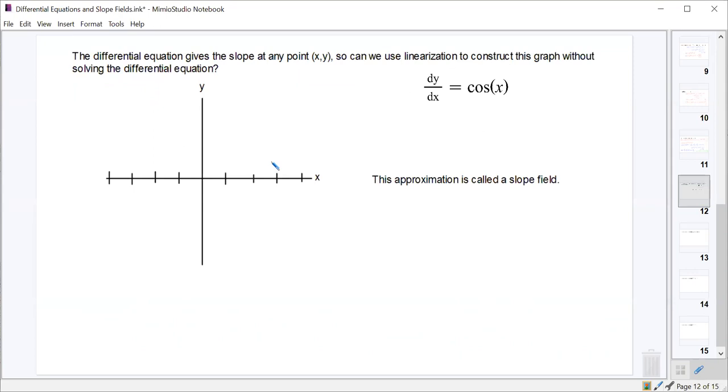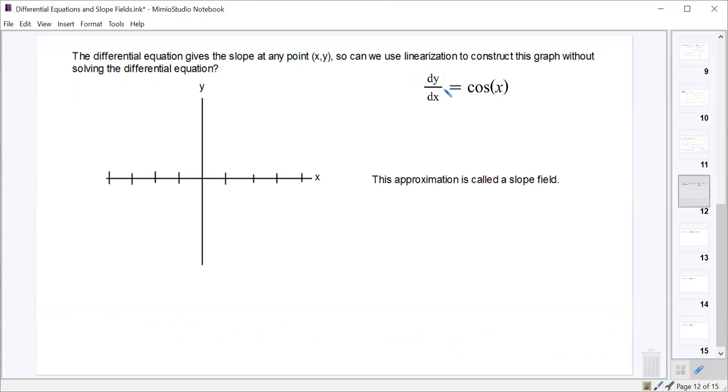Okay? But then we're going to take this idea of slope fields and not only apply it to functions that we can integrate, but we're going to apply it to functions that we may not be able to integrate, similar to like e to the negative x squared, we could see what the integral of that looks like, even if we don't have an actual function for it. Or we're going to do it with differential equations that involve more than one variable. Okay? So that's going to be our goal with these slope fields. So we're going to start with a nice easy one just to get the idea of what we're doing and understand sort of what it is. So